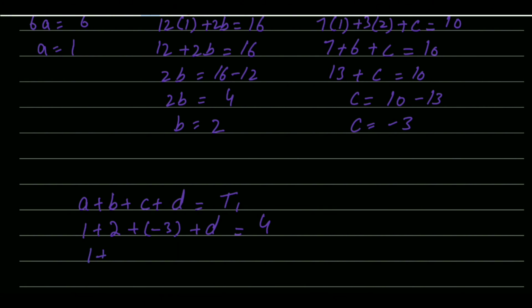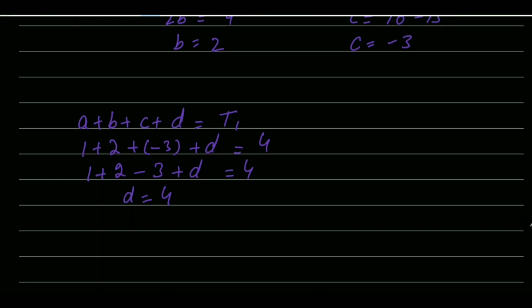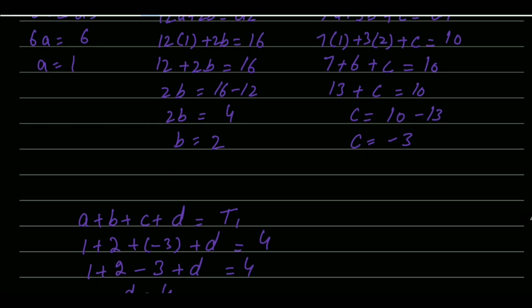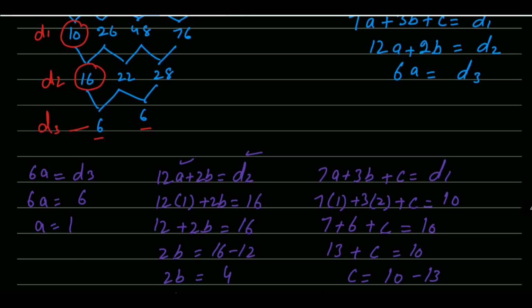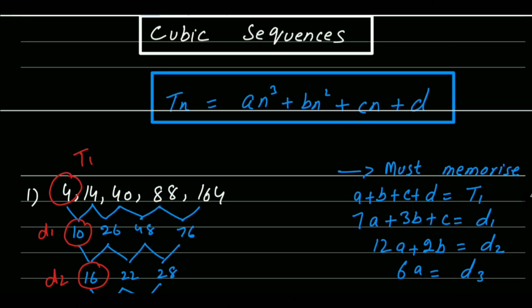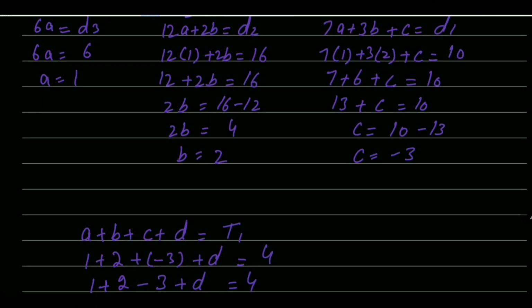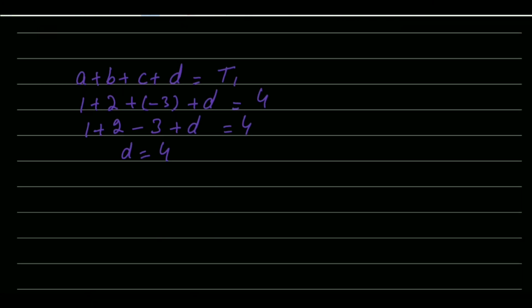So 1 plus 2 minus 3 plus d is equal to 4. 3 minus 3 cancel, d is equal to 4 is the answer. So now what we will do, now we have to put all these values of a, b, c and d in the main formula that is written here. So your final answer will be Pn is equal to